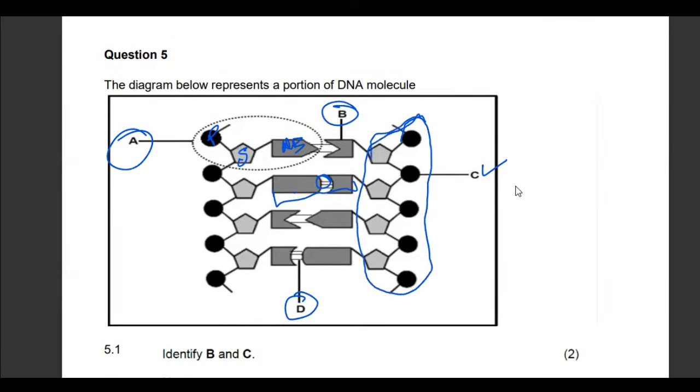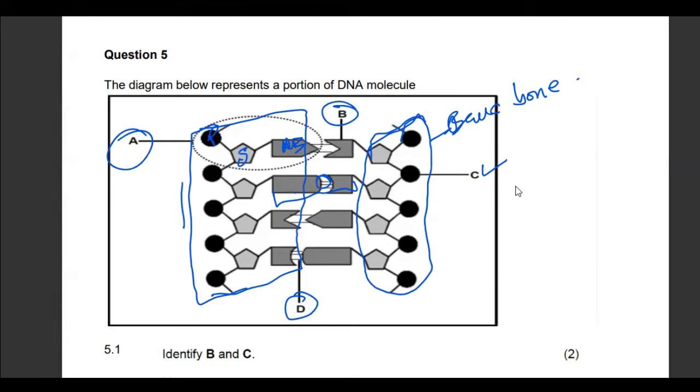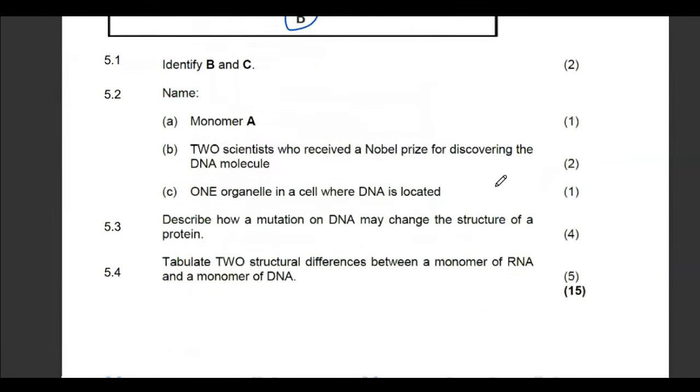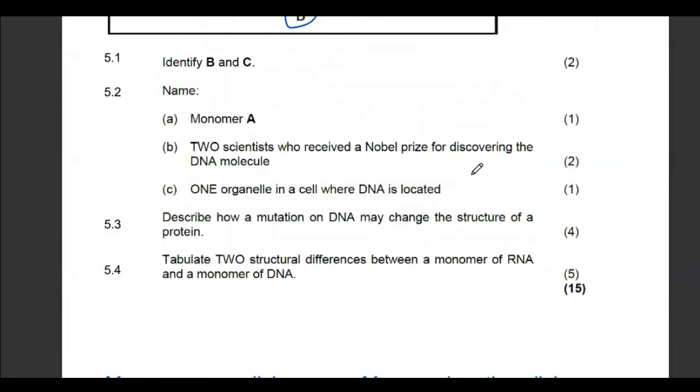How do you call that? That is not a strand. We call it a backbone. And then the whole strand must include the nitrogenous base and this. So the difference between a whole strand and a backbone is that the backbone does not involve the nitrogenous bases. If you are asked what this bond is, this is a phosphate-sugar bond, but it is a covalent bond. If you refer to it in